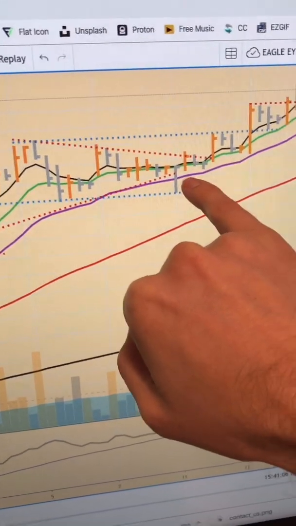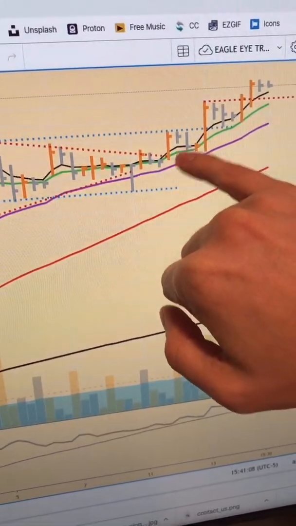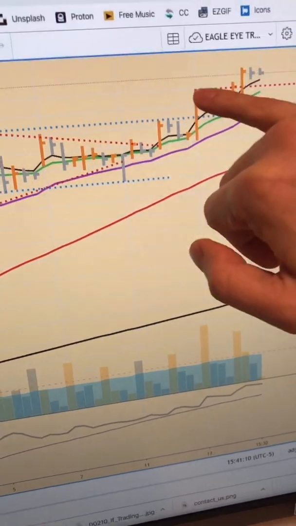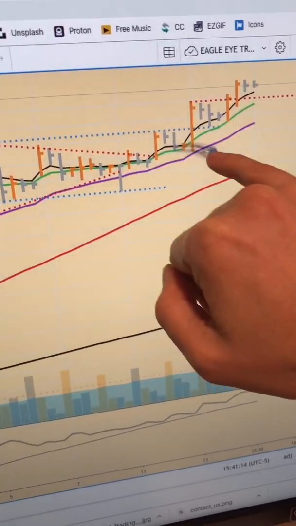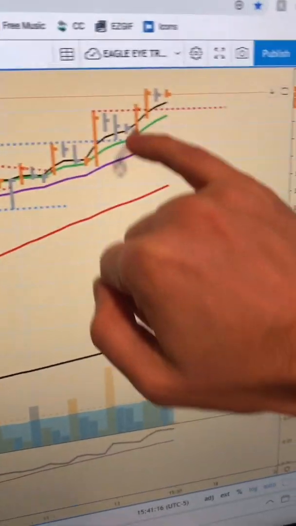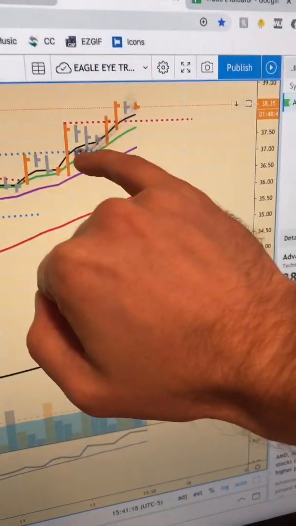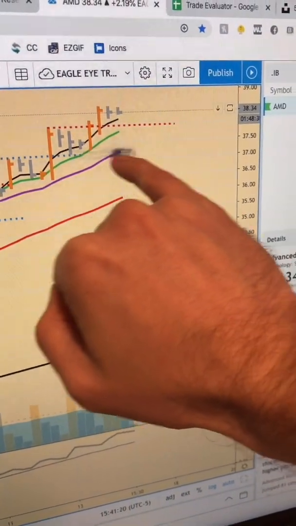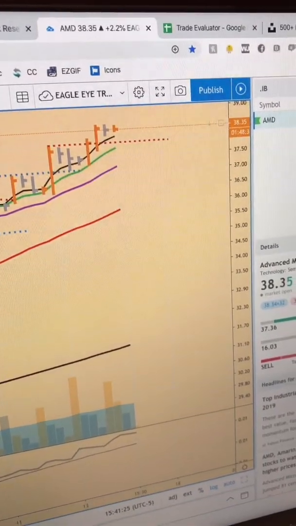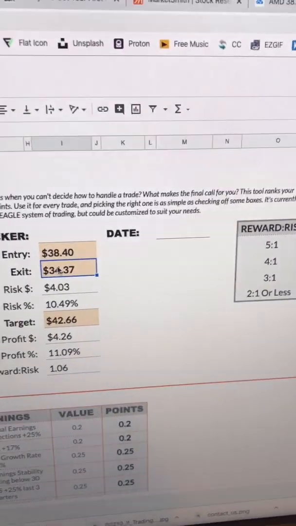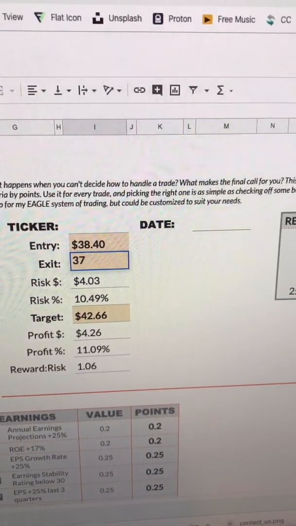Great. Then when we start to break above this, my stop is getting raised again to below this level over here. Then when we break out again from over here, great. Now my stop could be placed below this. So if we come back to our trade evaluator and we raise the stop now to 37.10,